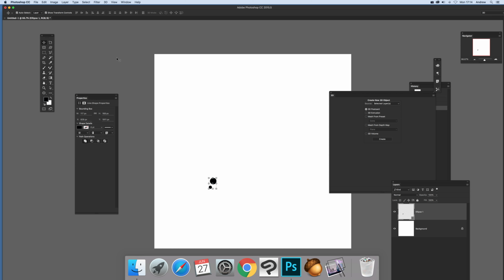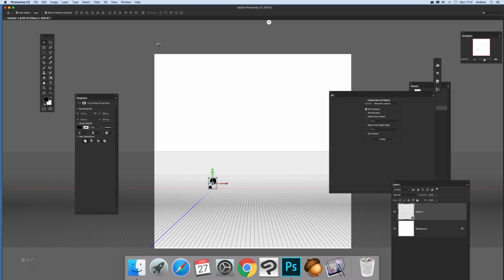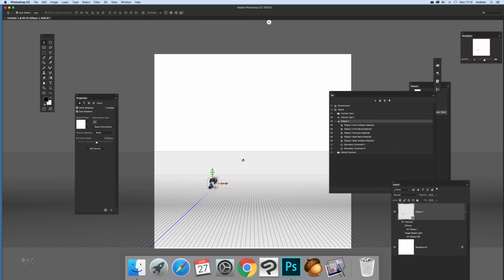So got that. Now what I can do is just go to 3D and a new 3D extrusion from selected layer. Now it doesn't look very much first time you go into it. I'm just going to rotate that around so you can actually see it. And I quite like to turn off the cast shadow and catch shadow. I don't particularly want those. It's perfectly okay, but I just think it always seems to add a bit of clutter. So just going to extrusion. I'm going to push that out to the far limits, and then I'm going to go to